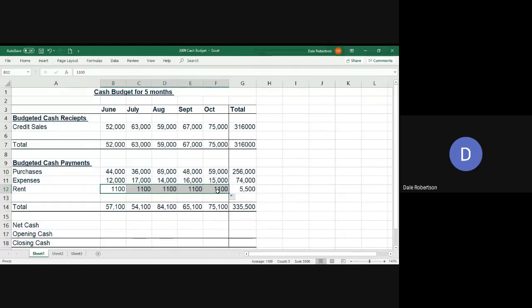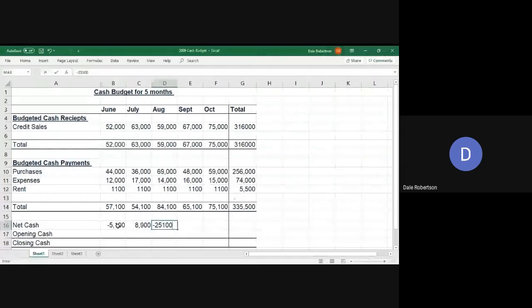That's all of the cash receipts and the cash payments done for this easy little question. So therefore we can go down to the net cash. Now, how do we get net cash again? It is your total income or total receipts minus your payments. In the next month it is a positive net cash of 89